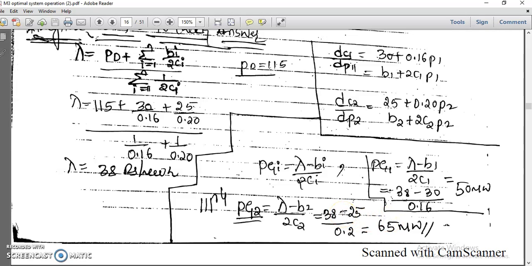This is the way, using the analytical method, we come to know how to form this particular value of lambda. You can apply it directly. Take the lambda value, 38, and apply it directly. For example, they may ask for any value of PD also, and you can find it using the analytical method. I'll explain it thoroughly in another video also.